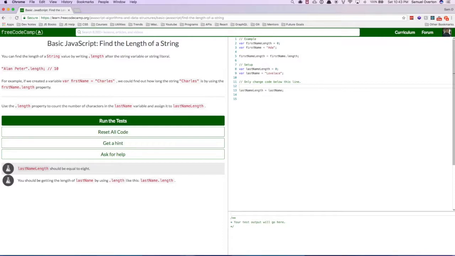Var last name equals Lovelace, and that's where I'm at right here. So they set something up for us. So use the .length property to count the number of characters in the last name. So we will say last name dot length,